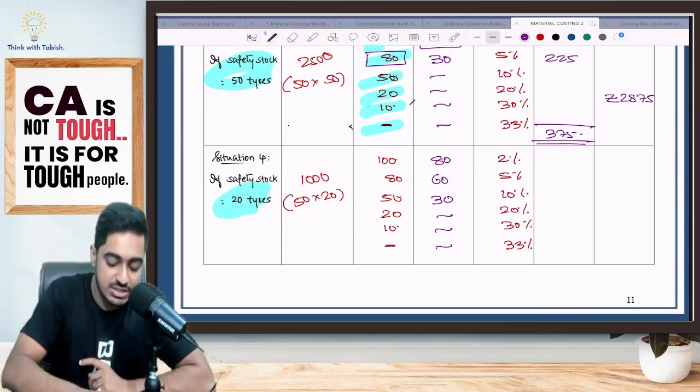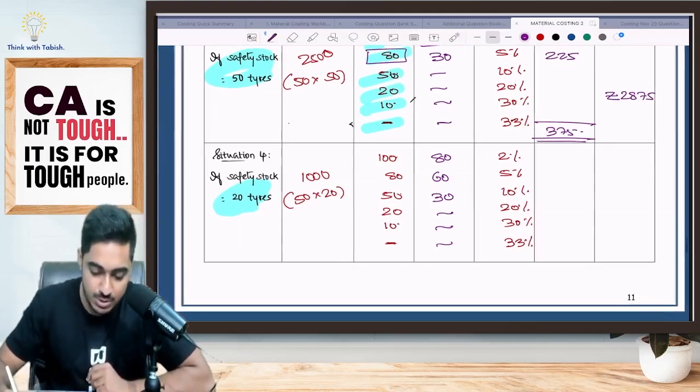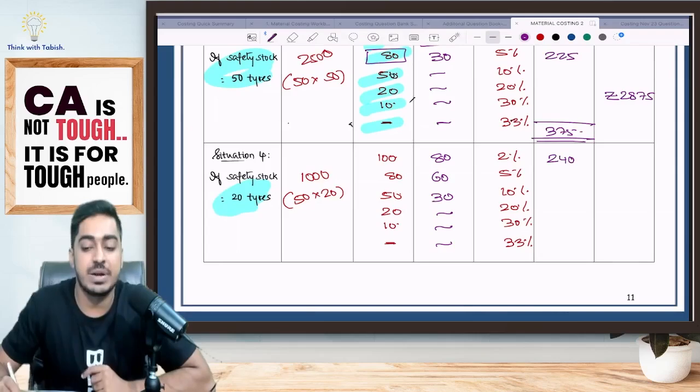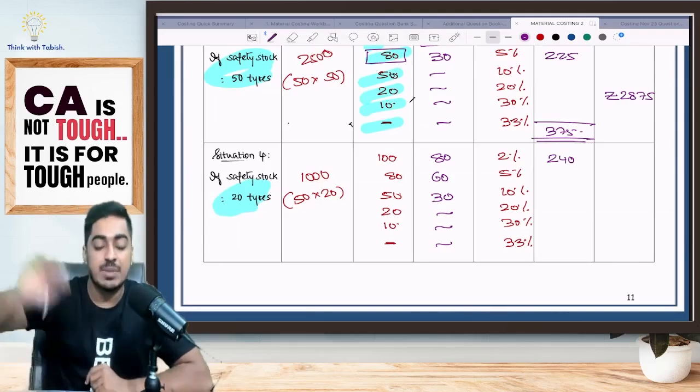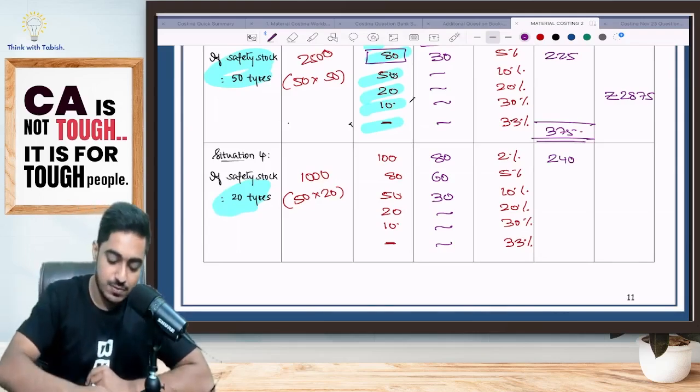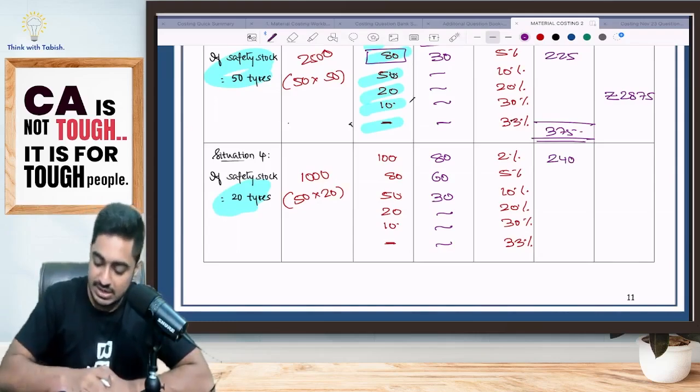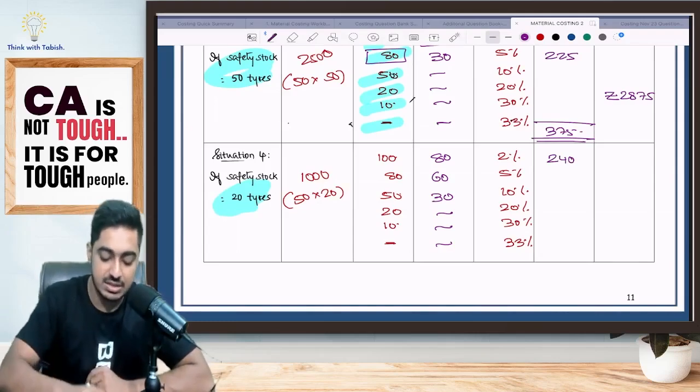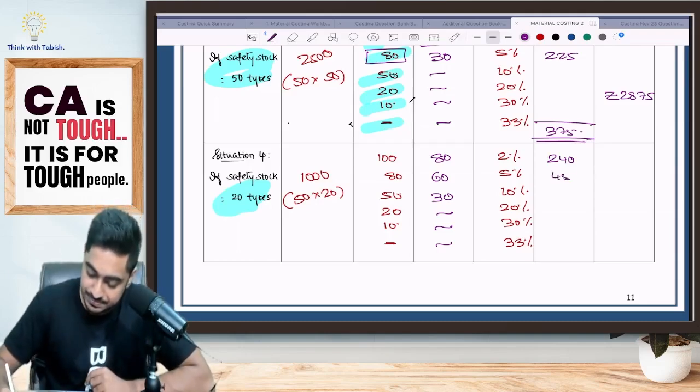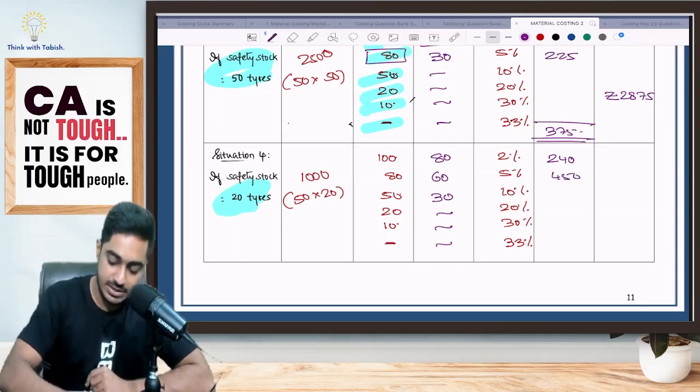But how much percentage of that occurrence is there? Only 2%. Because of that, 240 is the expected loss. Because probability is there, I am calculating the expected loss. For one tire, I will be losing 150 profit. Like that, if I could not sell 60 tires, 9,000 could be my loss, but only 5% occurrence, 450. Yes, one tire 150 into 10.